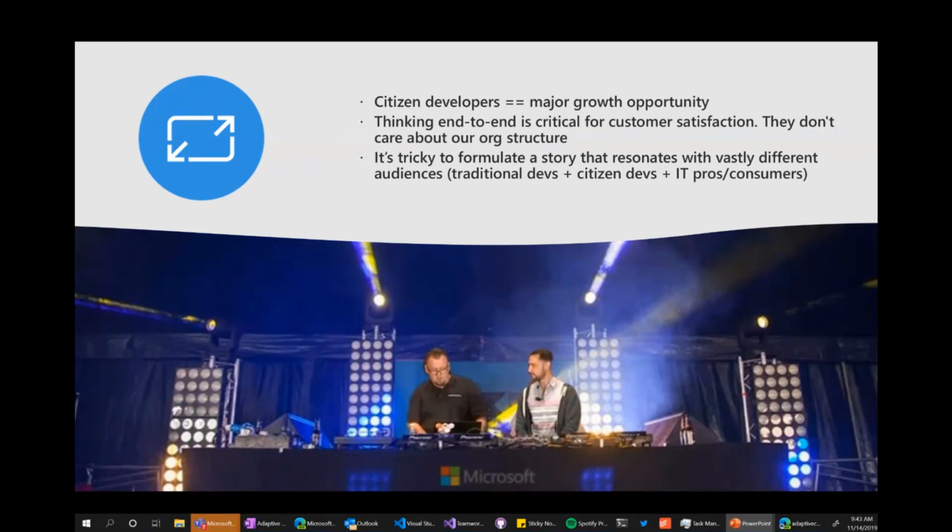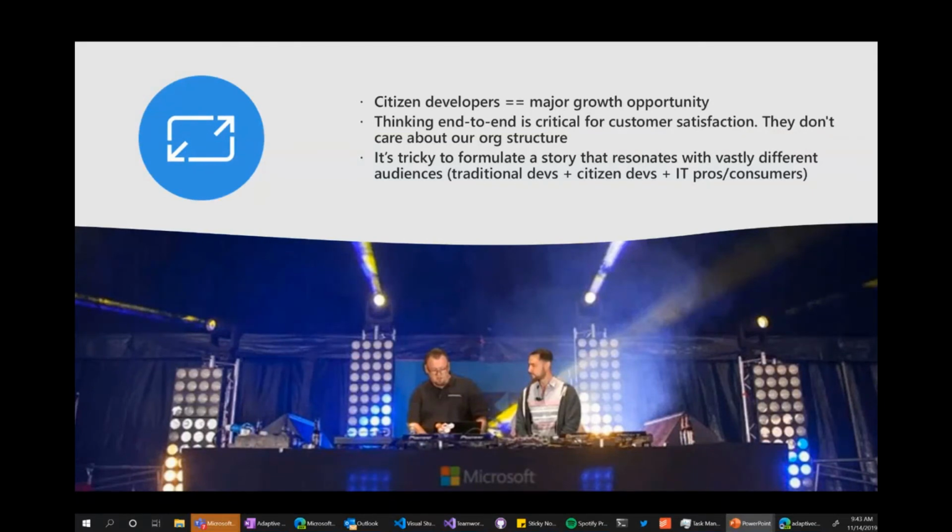I put they because, again, this was at my all hands. But those of you on this call, you don't care about our org structure. When someone tells me that I tried to send this adaptive card to Teams and it was 25 kilobytes, so it got rejected, well, that is a Teams limitation, but that person doesn't care. They don't care that you only work on the base stack. So getting all of us, at least those of us in Microsoft, to think end-to-end, I think is very critical for making you, our customers, satisfied.